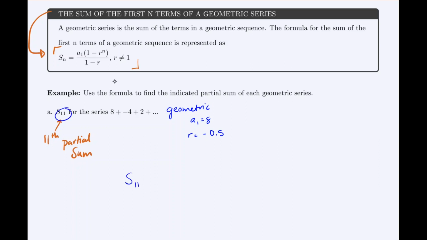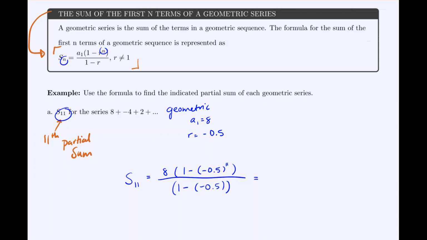S sub 11 is the first term of 8 times 1 minus the common ratio. Now, particularly when your common ratio has more than one term or is negative, keep it all in parentheses so that it's evaluated correctly, to the 11th power, all divided by 1 minus the common ratio. And that's going to be equal to,